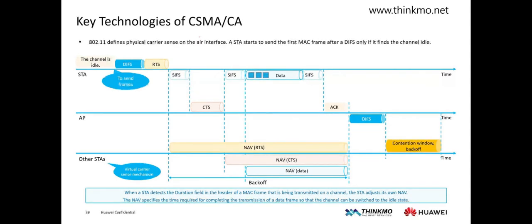Once a terminal receives the CTS sent by the AP, it indicates that it can officially send data. It will wait for the SIFS time again, and then officially send the data. After the data is sent, it will wait for another SIFS time, and then the AP will send an acknowledgement frame, ACK, to indicate successful data reception. Once the ACK is sent, the channel will become idle, and the entire process will start over, with the channel entering the DIFS again. During the DIFS waiting period, new terminals will continue to compete to send RTS.